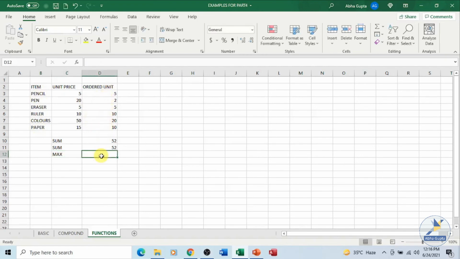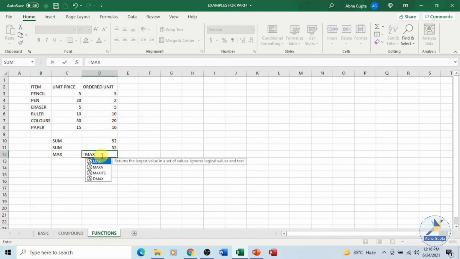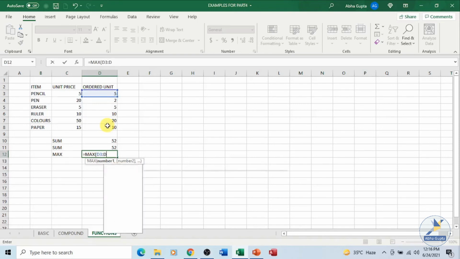Say if I say equal to sign MAX opening parenthesis, again you can type them separately, or you can simply click and drag and select the cell range. You can also type the cell range. Say for example I type over here D3 colon D8, both the ways are correct.